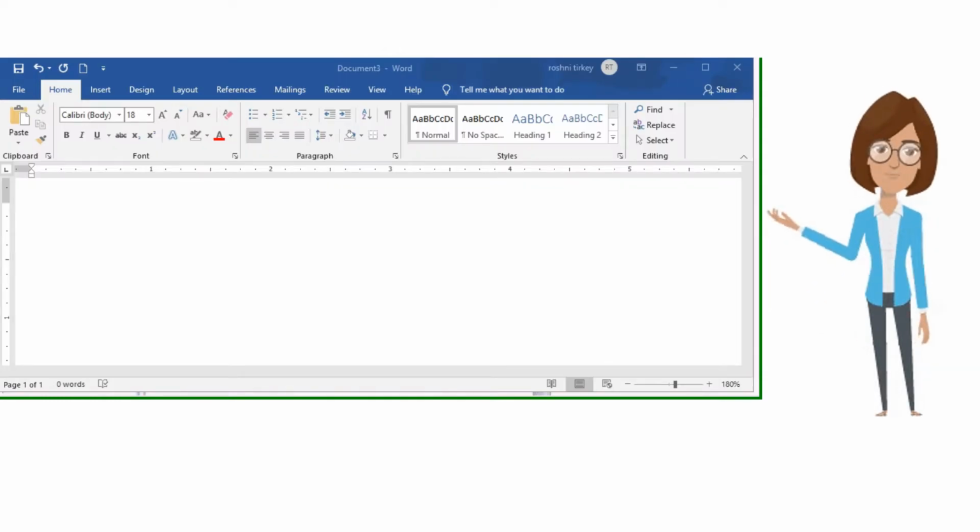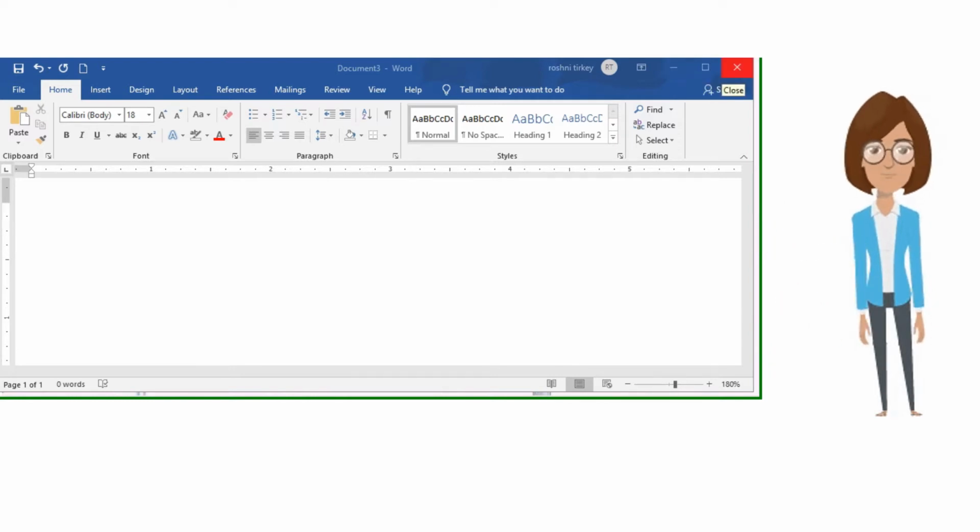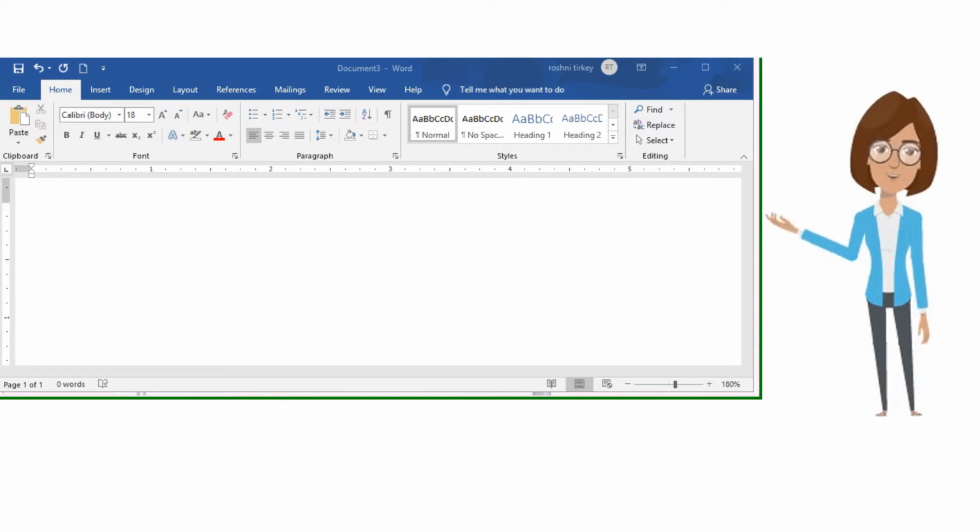Title bar, quick access toolbar, minimize button, maximize button, close button. File, home, insert, design, layout, reference, mailing, review, view, help. These are tabs.